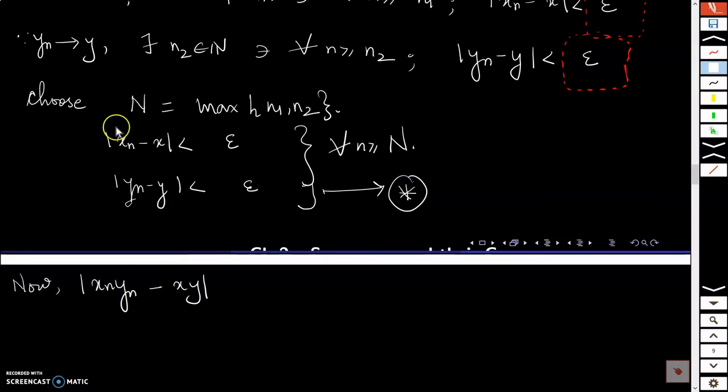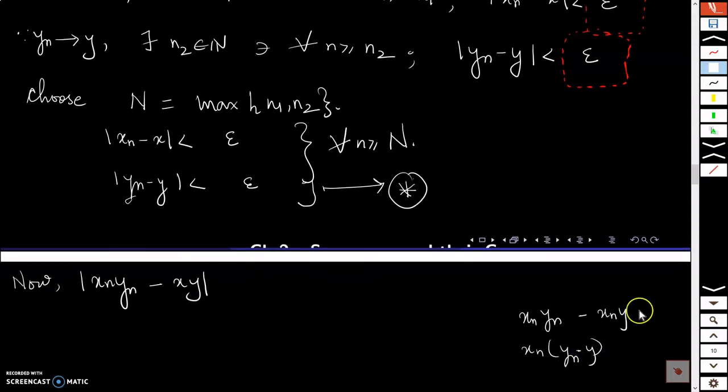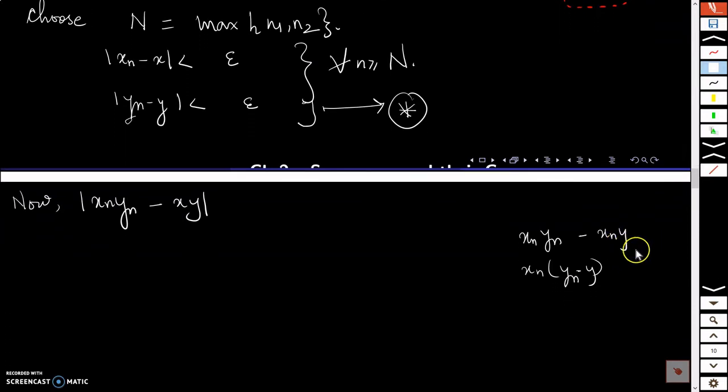Then somehow I need to get these terms here, xn minus x and yn minus y. If you can see here in the first one, I already have yn there, or you can pick up xn. I'm picking up yn. Okay, this term is already there. Now if I want y somehow there, so if I subtract xn y there, then I can take xn common from here and I will end up with yn minus y somehow, right? And because I am subtracting this term, I have to add that term also.